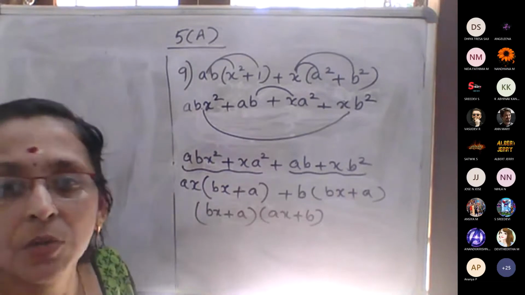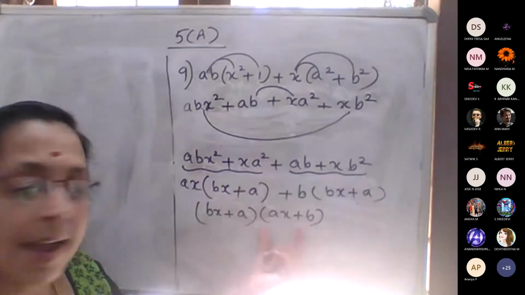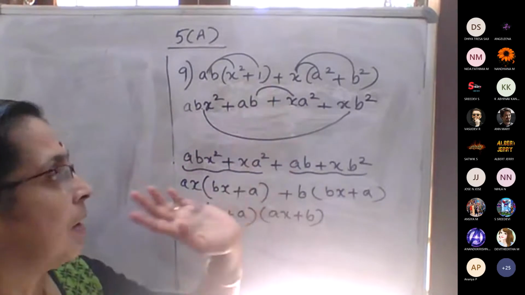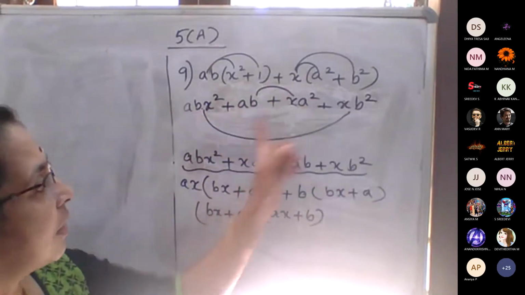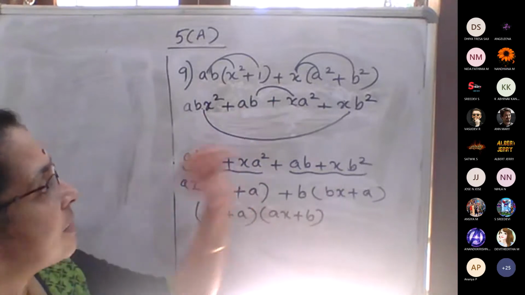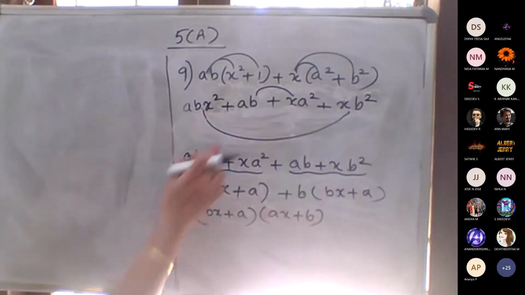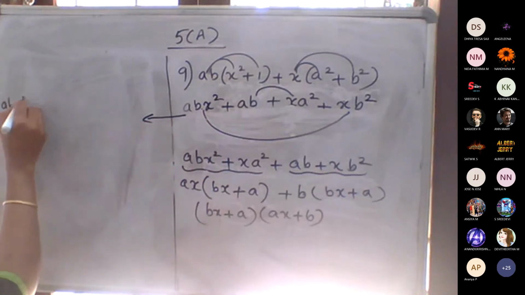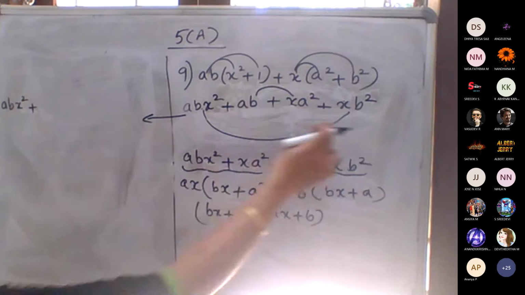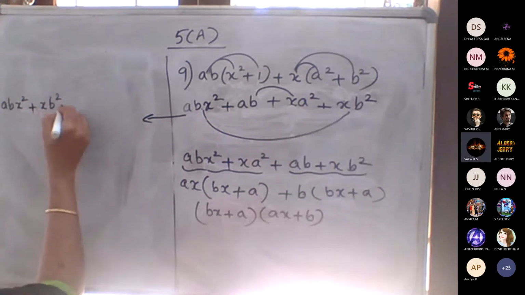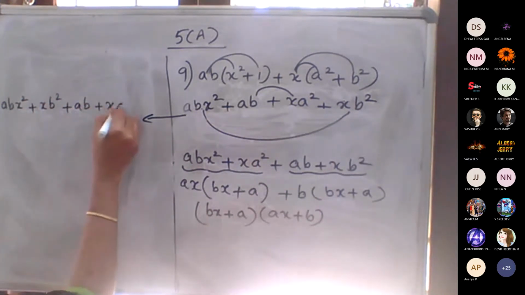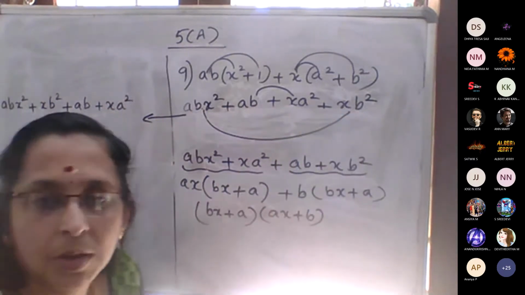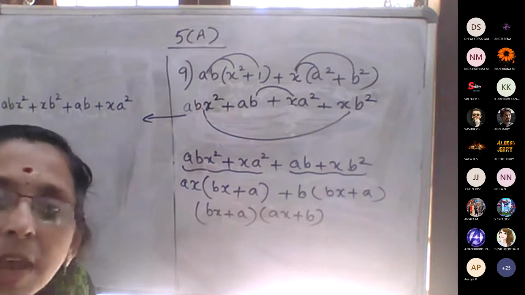So in maths we can do different methods. The last answer will be correct. If the first one is not possible, then first and second, third and fourth is not possible, so we change the bracket. So first and third we took and we got the answer. Then let me check, if we rearrange ax square after this step, if we rearrange abx square, then next what can we write? xb square plus ab plus xa square. That means first and the last, second and third. We can do that also, no? Yes, ma'am.